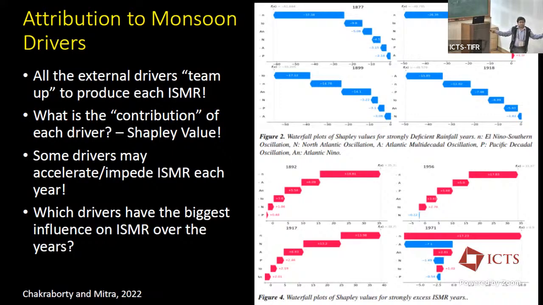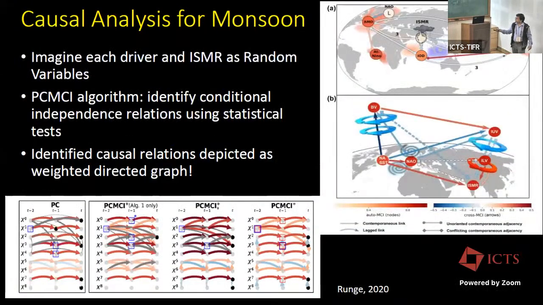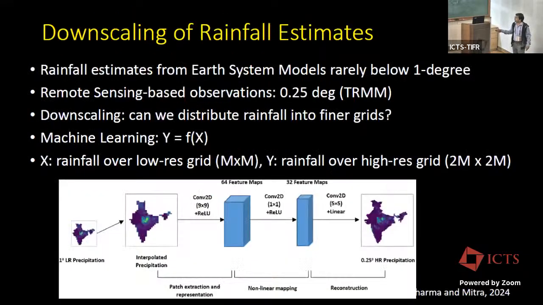Do you attribute it to, say, a very strong El Nino this year, that's why there was a drought in India? Or there are also some years, yesterday we saw so much about El Nino versus non-El Nino droughts. So if there is a drought over India, but there was no El Nino, then what do you attribute it to? Which other factor? Such kinds of questions can be answered with the help of what is known as Shapley value analysis. All these are also questions which can be addressed with the help of machine learning.